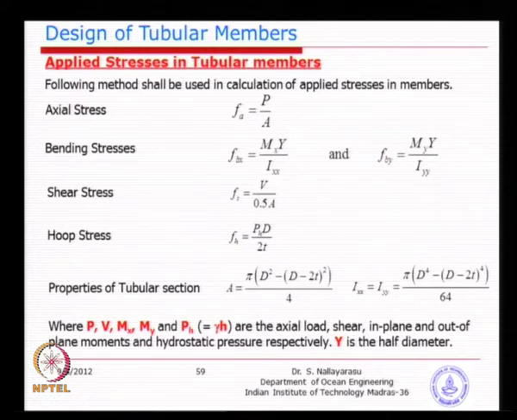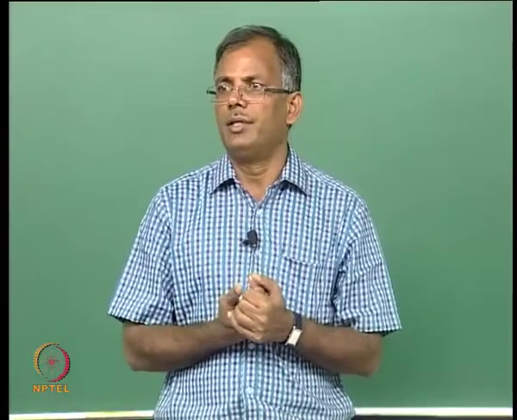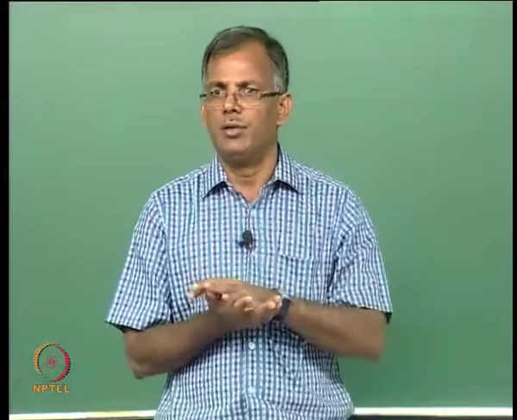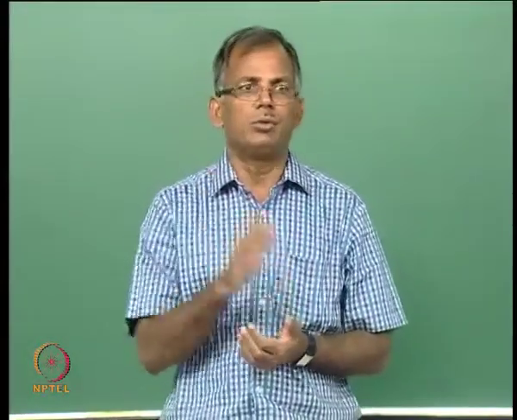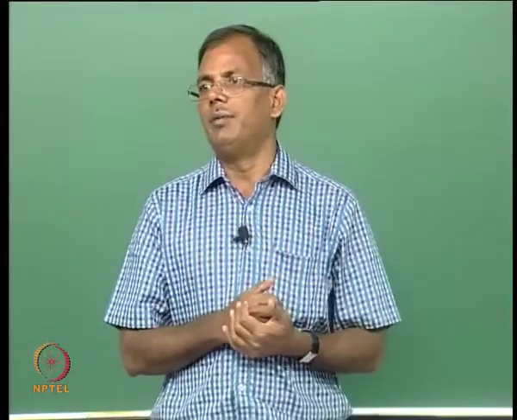So, just make sure you refresh this; just for completeness I have given it to you, so that you can keep it for your records. Basically P is the axial load, Mx and My are the bending moments about the axes of bending x and y, and for shear stress, V is the shear force, and in this particular case we have taken half the area of the circular section. You should ask why: the direction of shear decides the effective area. For example, take an I section: for vertical shear force you only take the web, as most of you might have studied in your applied mechanics. For horizontal shear you take the area of the flange.